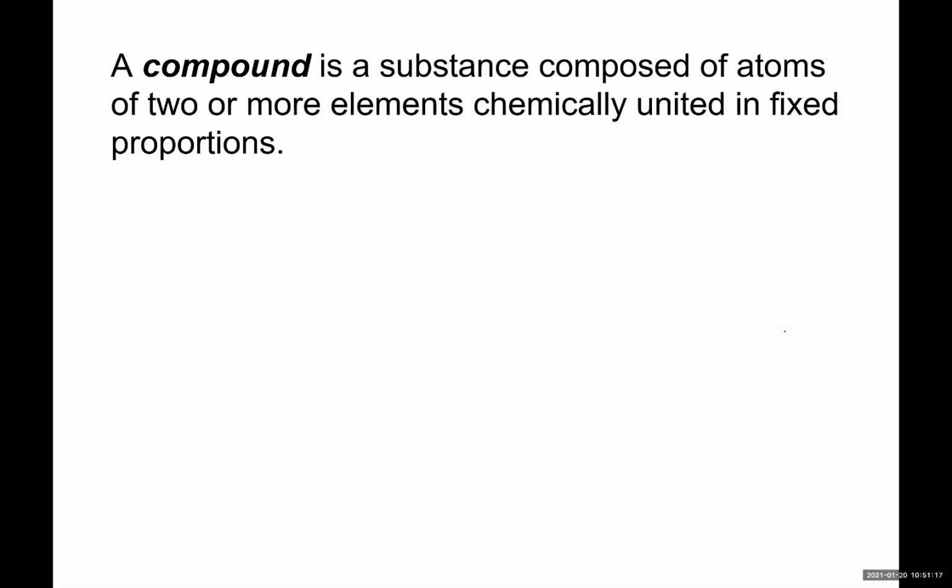So you know what elements are. They are composed of the same type of atom. They are the simplest form of matter. How about compounds? Is water a compound? Why is water a compound? It's not made out of one type of atom. It's made out of two different elements, made out of two different atoms. So water is a compound.